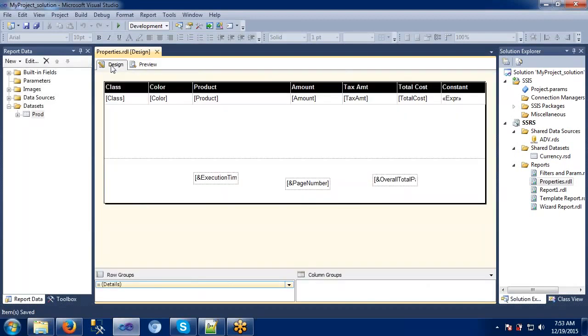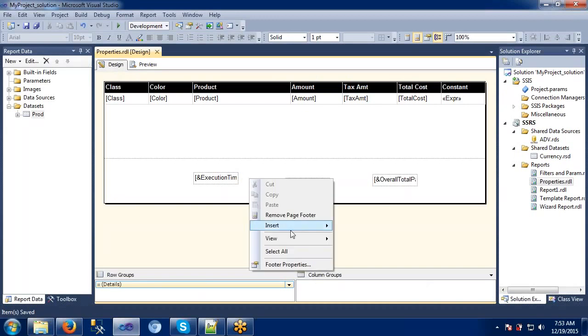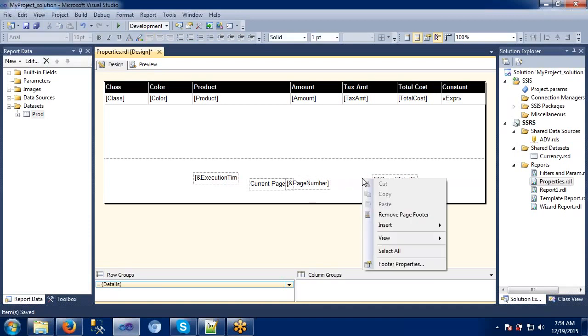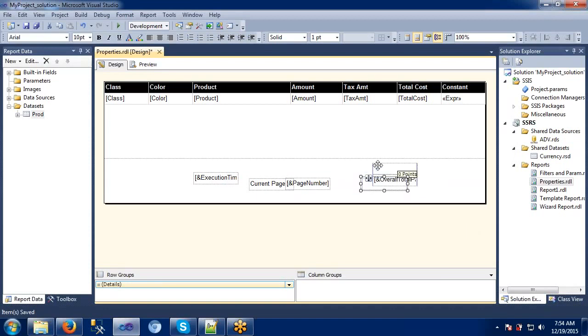We can give a text box here and say current page here. I would like to have one more text box here, and here I will give total number of pages.